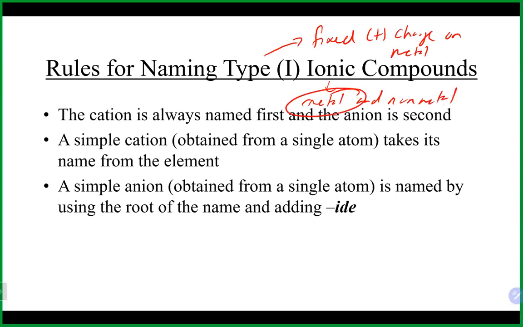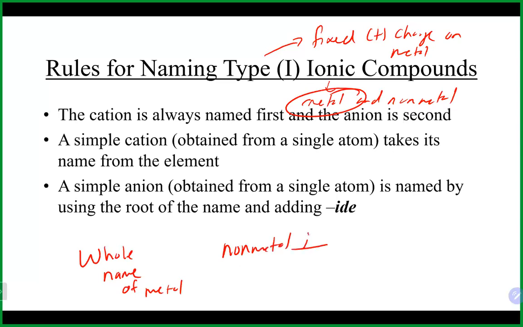Once you see that the metal is a type 1 metal, you pretty much don't need to figure out anything else. If you have the formula given to you, first off, that's a metal and a nonmetal, which means it's ionic. Secondly, the metal is a type 1 metal. That's all you need for the naming part of it. You just pretty much roll with the whole name of the metal, and our nonmetal